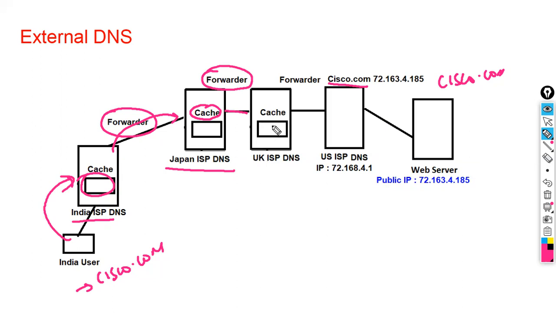UK ISP will do the same thing. It will check its cache. If it is available, then it will send the IP address. If it is not available, it will use the forwarder and forward the request to the US ISP. US ISP is hosting this web server. It is hosting this cisco.com and it has this information. And the IP address of cisco.com is